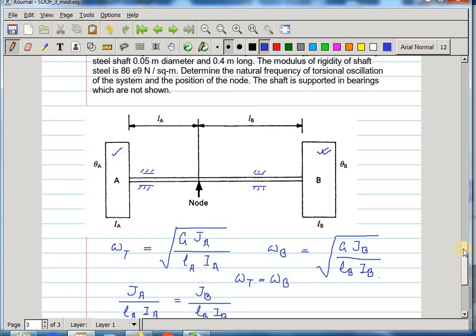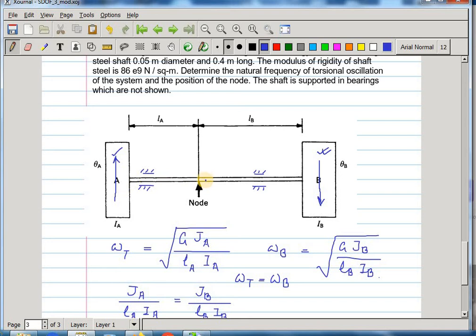So it is oscillating along with rigid body rotation. Then if this end rotates due to the torsional oscillation in this direction and this end rotates in this direction,